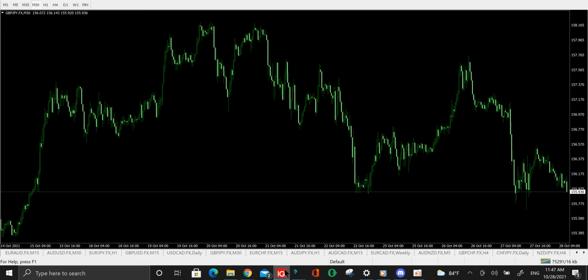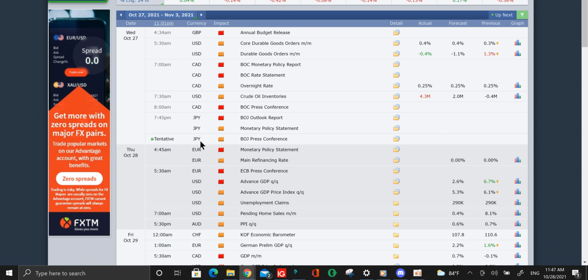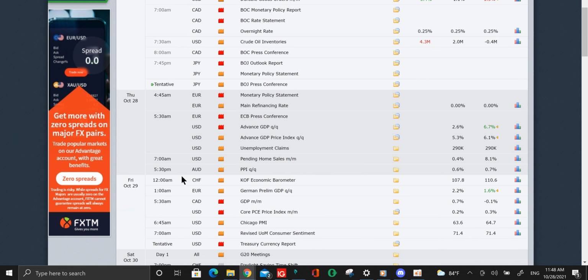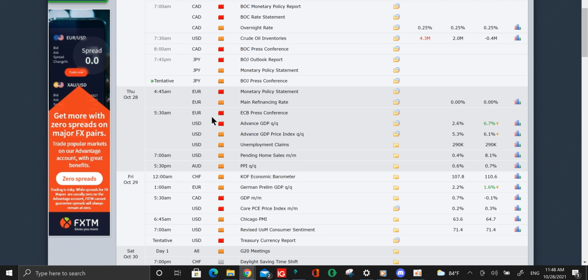Also, combine this with news, because if there is any GJ news that's going to happen after all of this, then that's when we're going to be a little bit stuck. So for the next 24 hours, I don't see any GBP or JPY news. There's no G12 meetings.